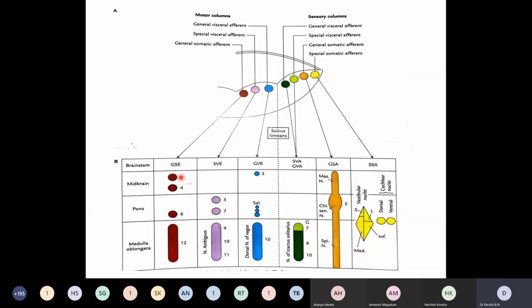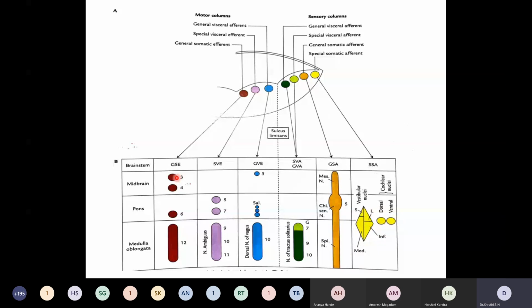Third cranial nerve nuclei is situated in the midbrain and supplies the extraocular muscles of the eyeball. Now you recollect all the muscles of the eyeball are supplied by the third cranial nerve, oculomotor nerve, except,